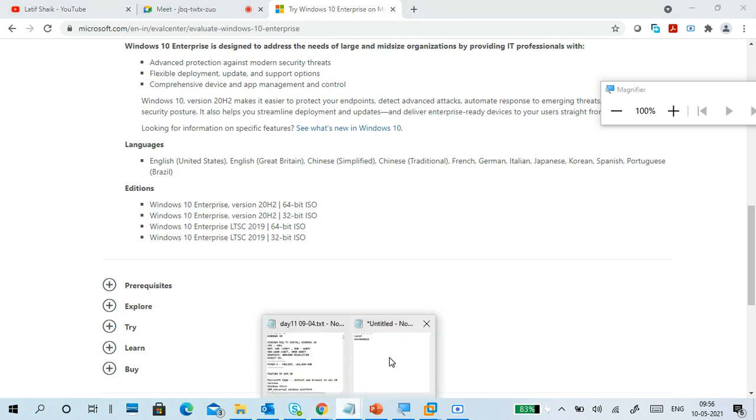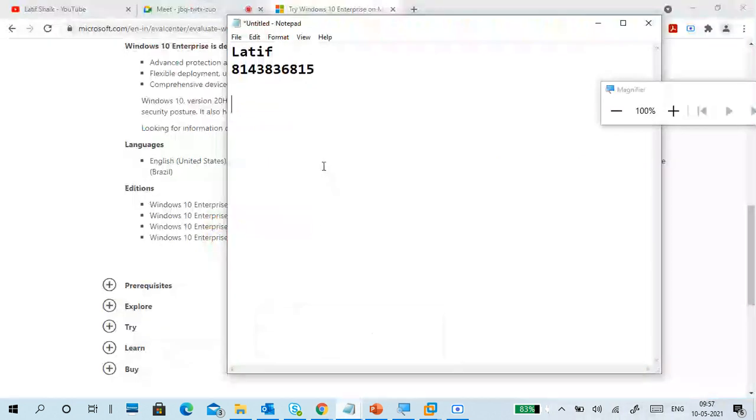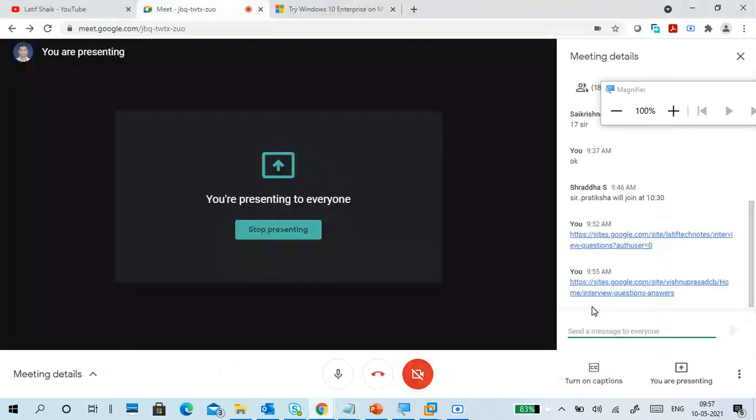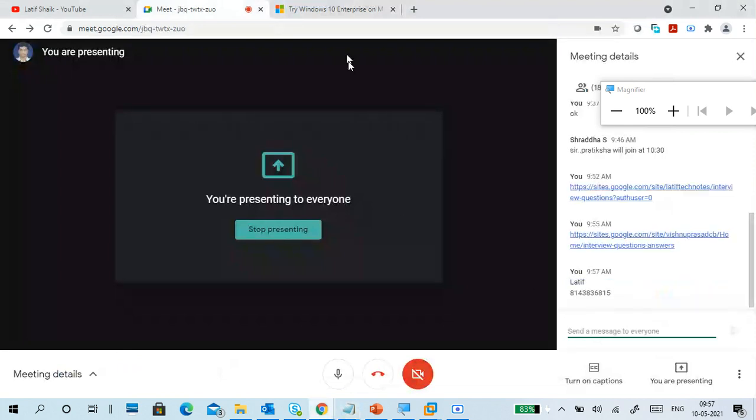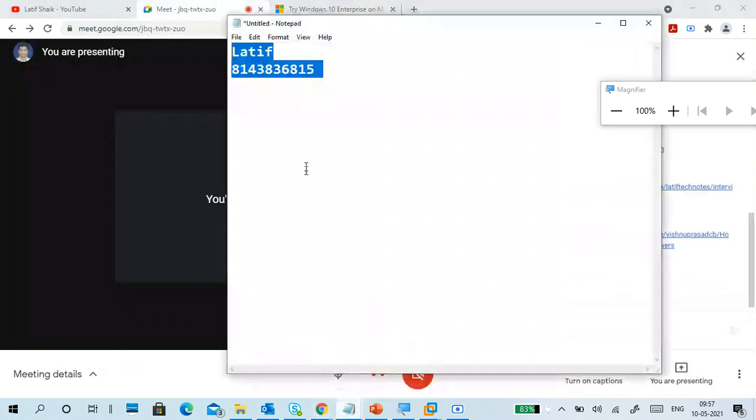So now I have to tell something here. Okay guys, some of you may have 4 GB, some have 8 GB RAM.